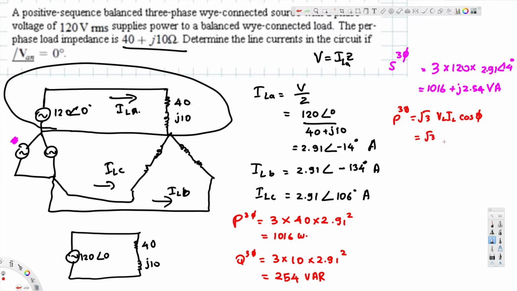Root 3 V load is root 3 V phi, root 3 times V. The given voltage is 120, and if you calculate the voltage, that's going to be just 208. So 208 multiplied by the load current, that's going to be 2.91